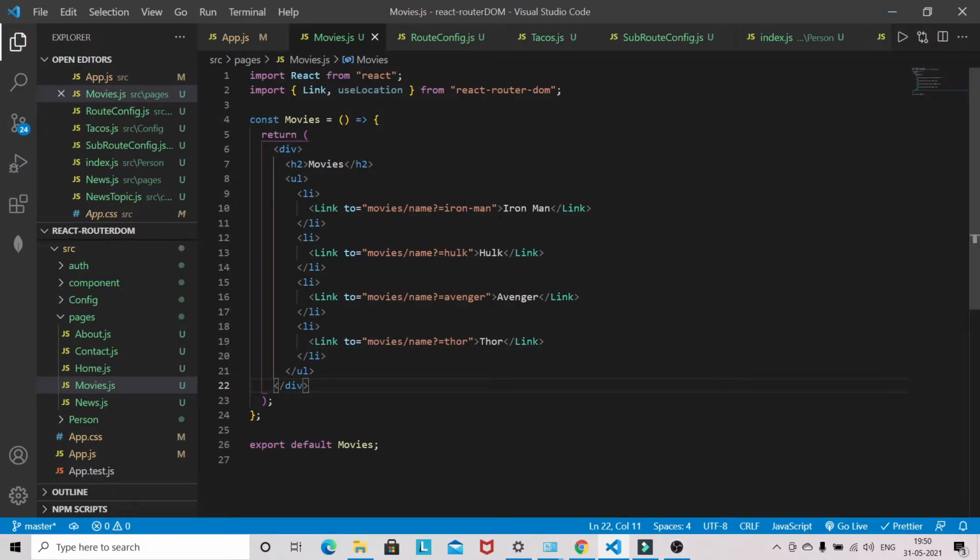So we need to do it this way actually, not the previous way. So I will just copy this one, I will change this one to Hulk.